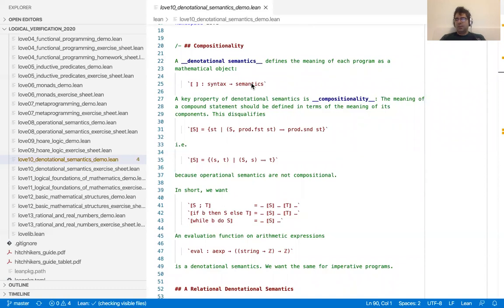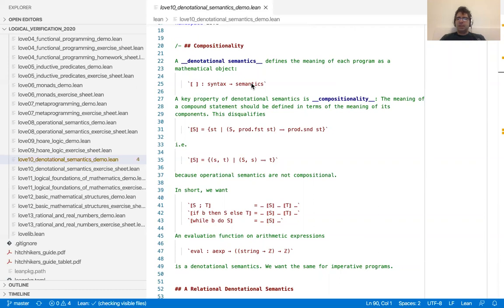So it could be a function, right? So programs typically denote functions, or a relation. If there's non-determinism, for example, then you cannot have a function. You have to have a relation, or if you have non-termination or partiality and so on. So the general framework is always syntax to semantics, but the instantiations can be arbitrary, if you like. And then what we want is